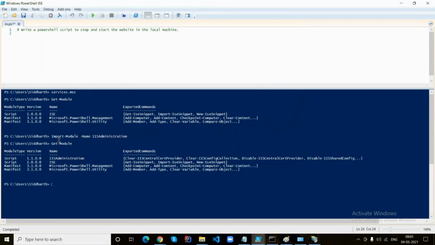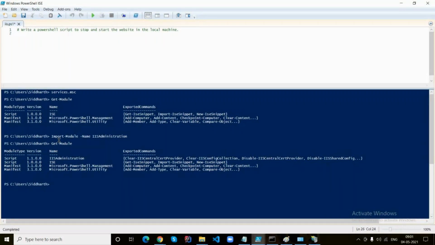You know that you can use the IISAdministration module to deal with the Internet Information Services Manager with PowerShell. But you're not sure about which cmdlets you should use. In that case, what should you do? Display the cmdlets of that particular module. So to display the cmdlets of the particular module, what do you need to do?